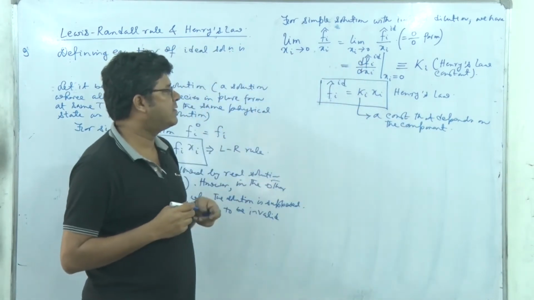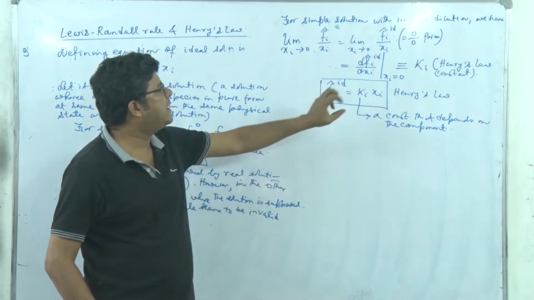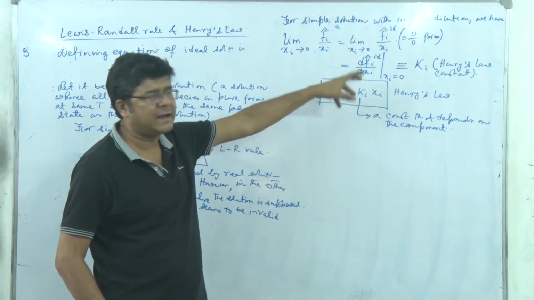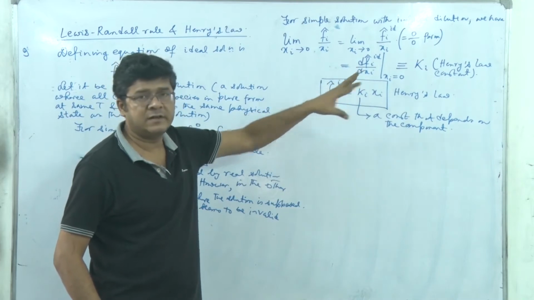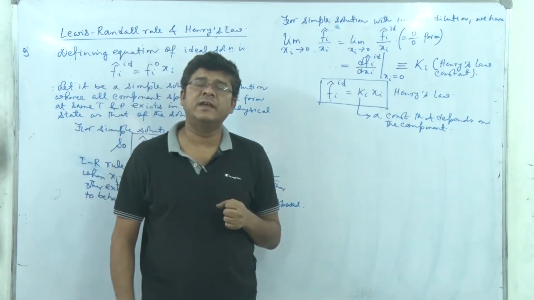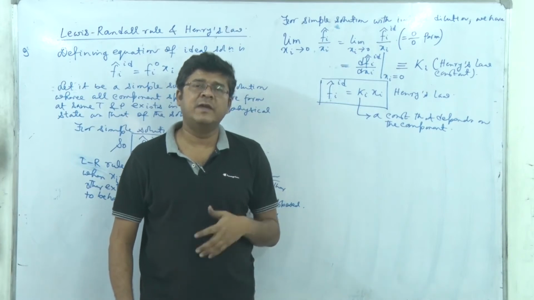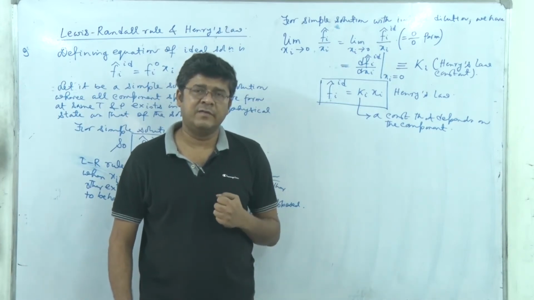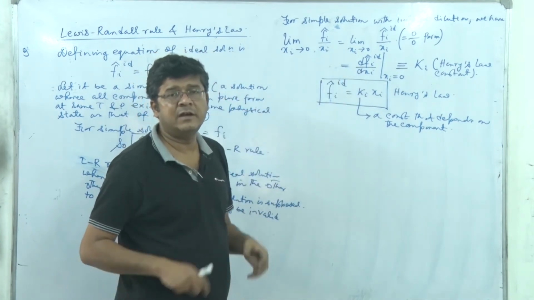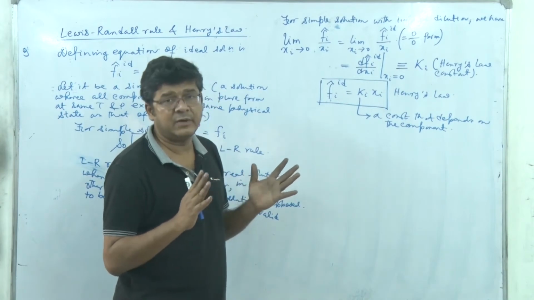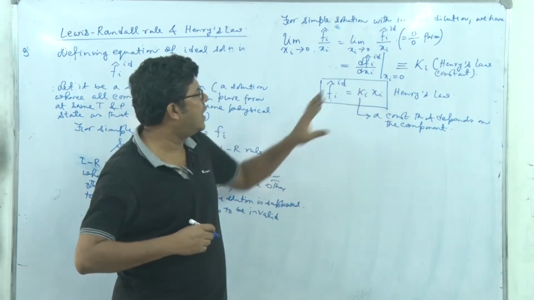So whenever we say it's a constant that depends on the component, we are free of the concept of standard state fugacity or pure species fugacity. It's a constant. So no matter whether the very definition of a standard state fugacity remains valid or invalid in the case of a non-simple solution, this is valid because here we have freed that equation from the idea of standard state. So this is called Henry's law.